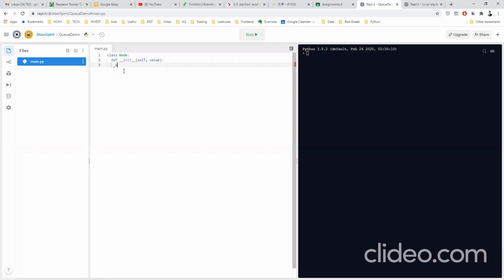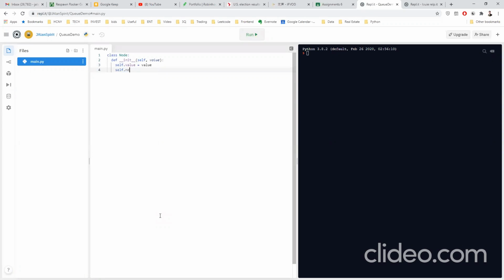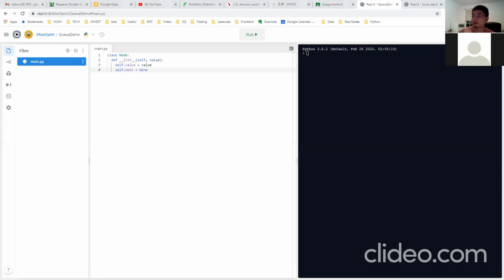Self.value equals value and something else equals None. What's that something? What do I have for the node? Self.next equals None. Yeah, right. For each node, we need to know the value. We also need to know the next reference.